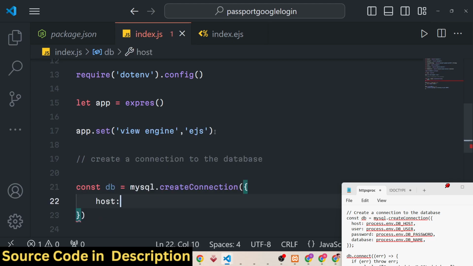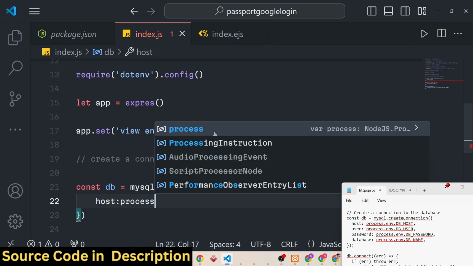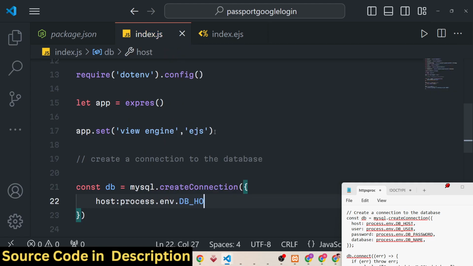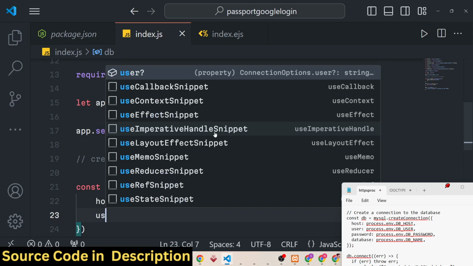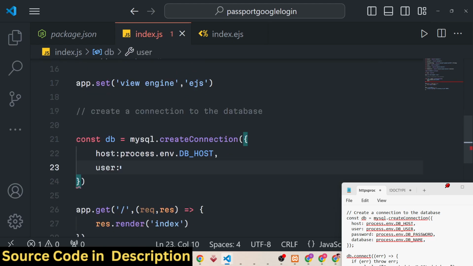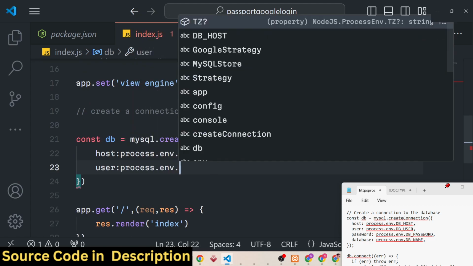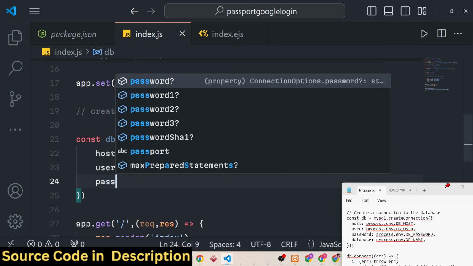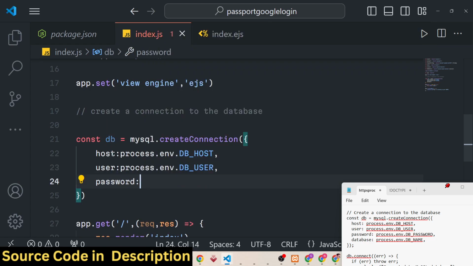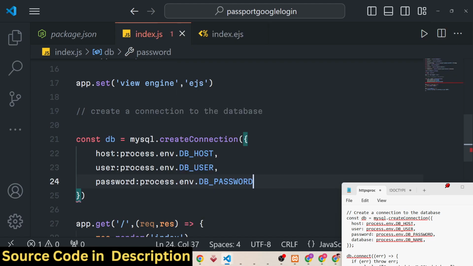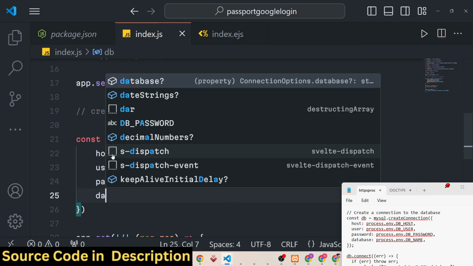We will pass this information: host name, which will come from process.env.DB_HOST, and the username, which will come from process.env.DB_USER, password process.env.DB_PASSWORD, and the actual database,